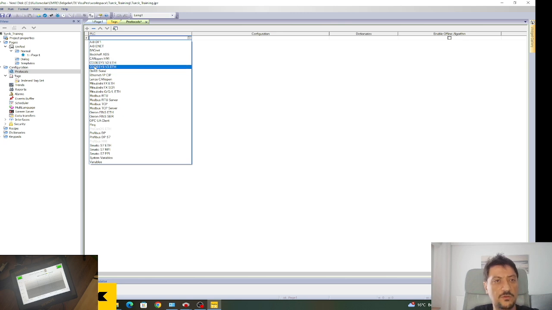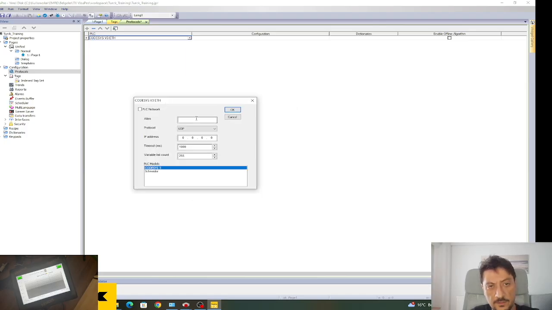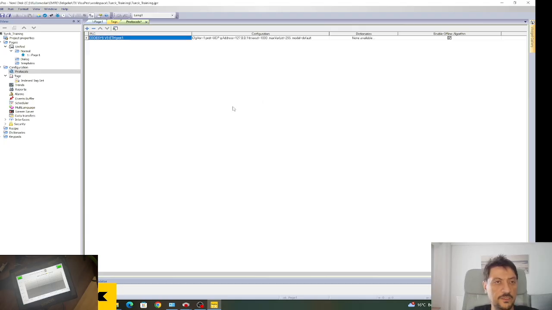Here we are using Codesys version 3 Ethernet. In general, the Codesys HMI uses the 127.0.0.1 IP internally. We do not need to do anything more. We are creating this, save, and next we are